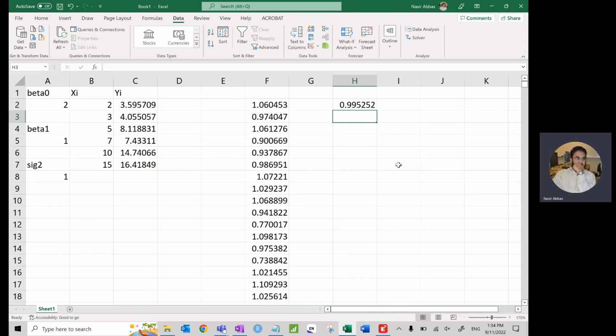The mean of these 1,000 values is what? Almost 1. Why not exactly 1? Because this is just 1,000. When you make it 10,000, it will go more close to 1. 100,000 more close to 1. Infinite, exactly 1. So what we are saying is that there is a population regression line, which is this, which